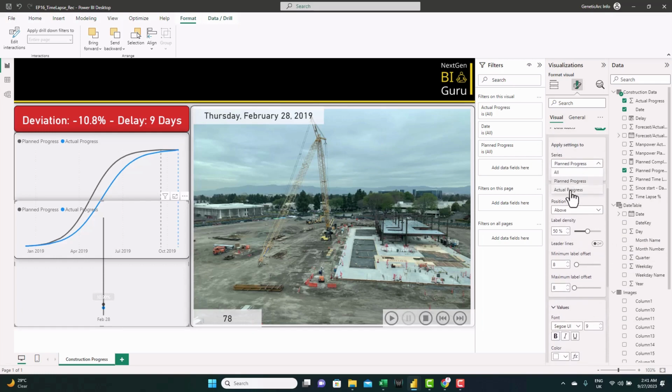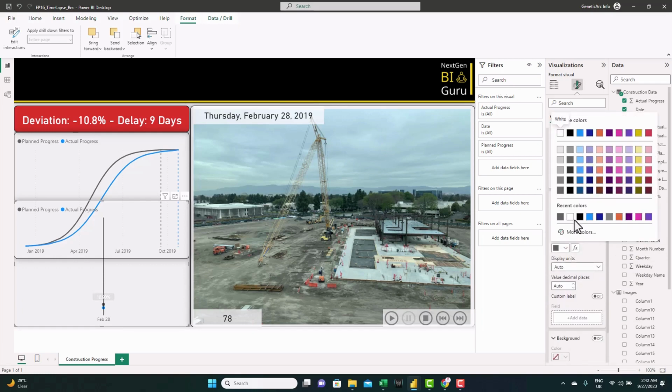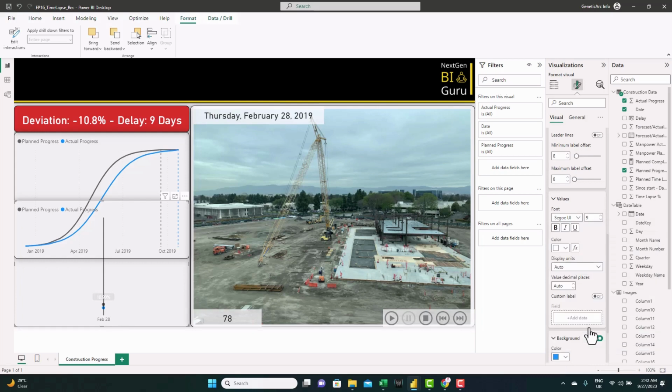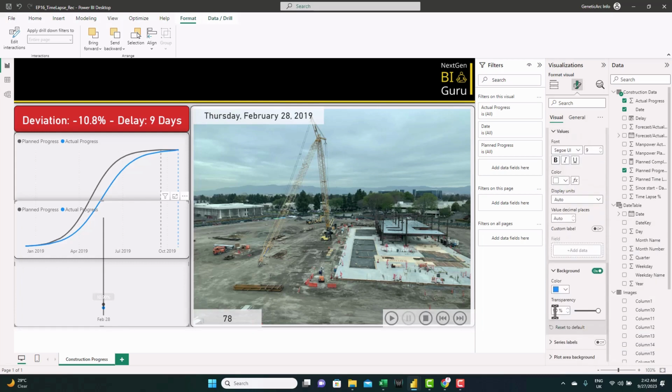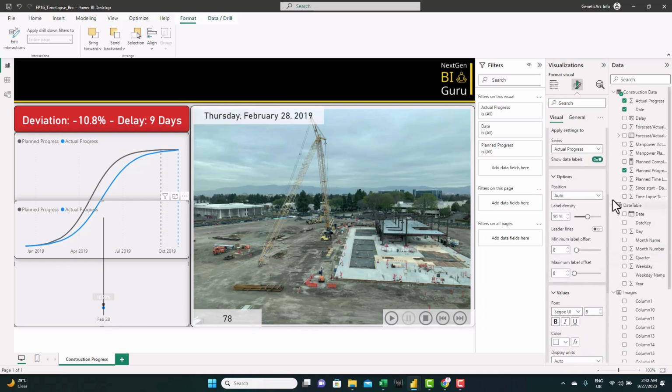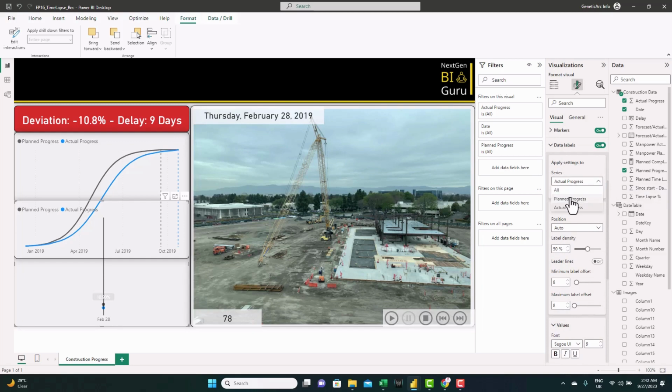And we repeat the same for the actual progress. However, we make the color blue. And we change maybe the transparency to 30. We do the same for the planned.